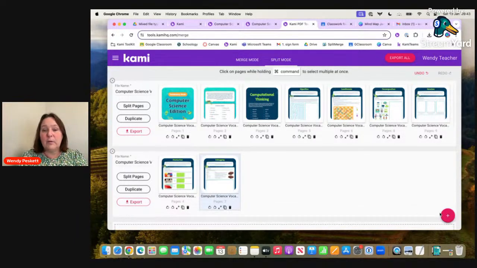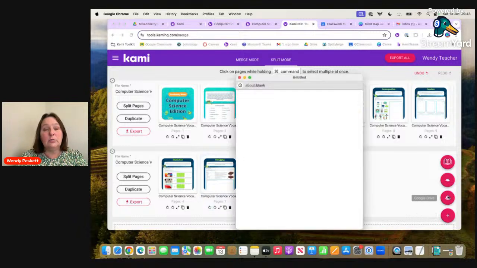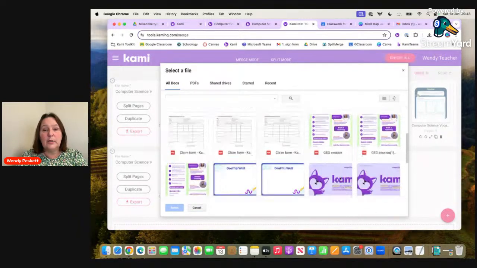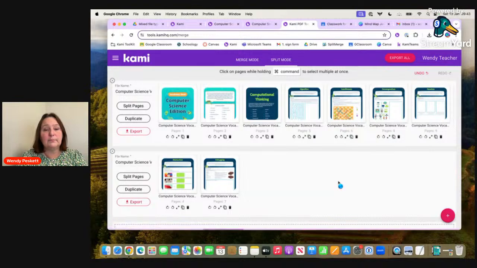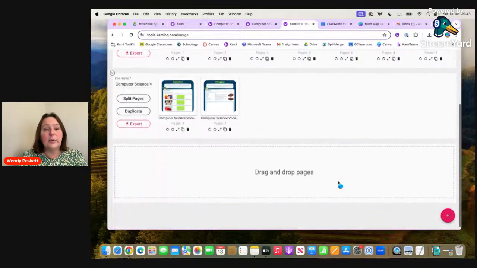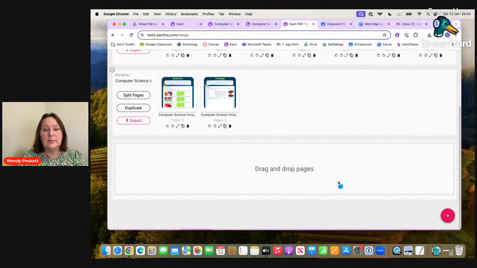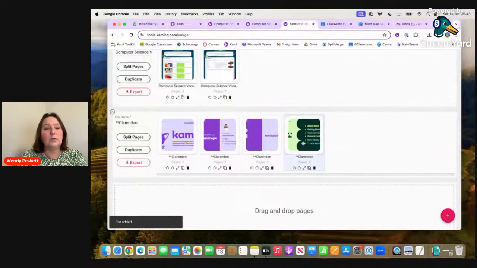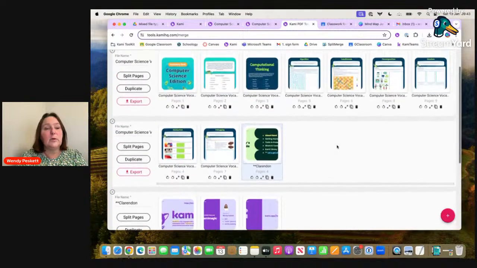But I can, if I want, go into my Google Drive and find something else as well. I could bring this in. And that will bring it into a different line. Oh, did I miss when I clicked? Oh, no, it's still whirring. There we go. And I might decide that I want to bring that page in as well. So I can split the document and I can merge other bits, and I can decide to move stuff around